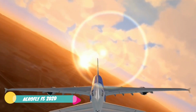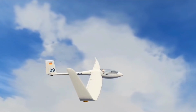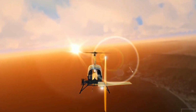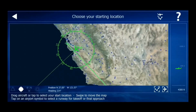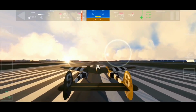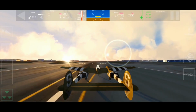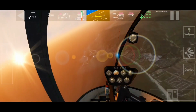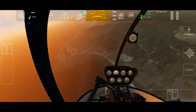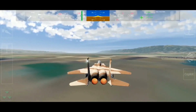This flight simulator game allows you to fly 22 aircraft, including the Boeing 777, Airbuses, helicopters, fighter planes, and many more. There are over 200 airports including California, Nevada, Utah, and Colorado. With over 3 square miles of flyable area, the highly detailed interactive and animated 3D cockpit and realistic flight physics